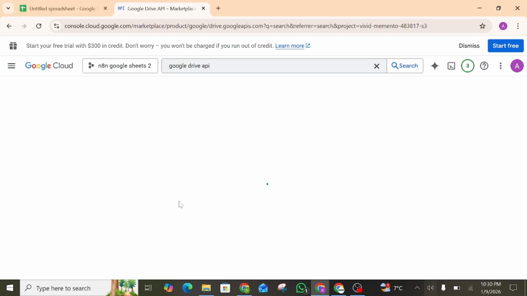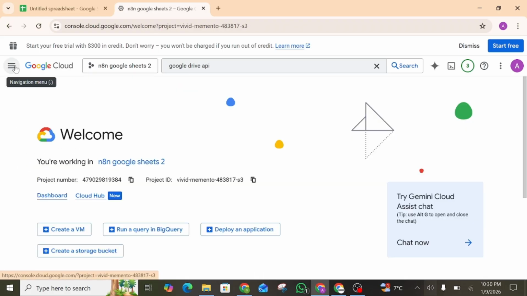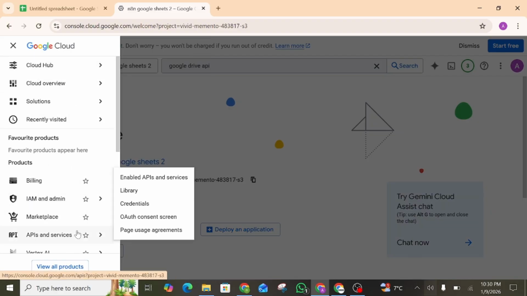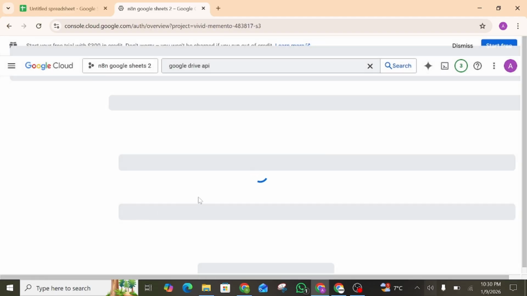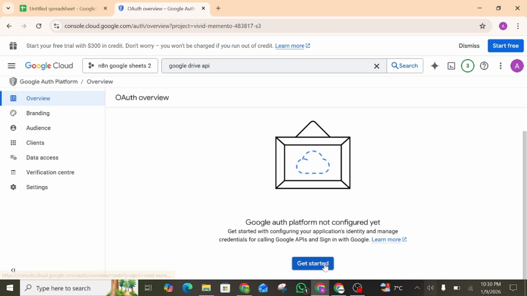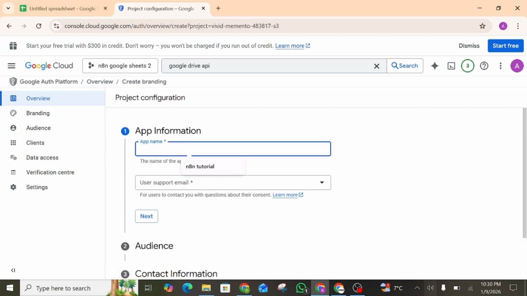So after these two APIs are enabled, go back to Google Cloud and click on this navigation menu and come here in APIs and services. Click on OAuth consent screen if you are creating this for first time and configure your OAuth. Click on get started and create a name.